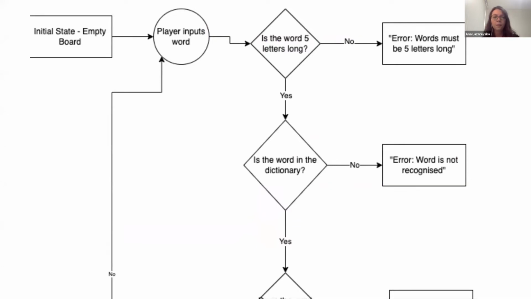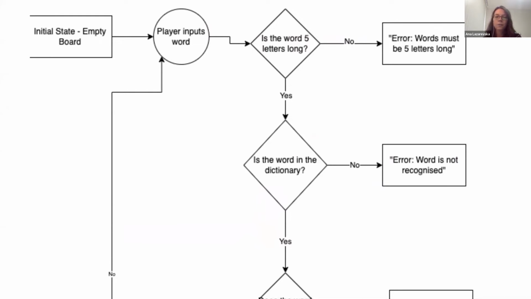So in the initial state, you can see here that we start with an empty board. The player then inputs a word, which goes through several checks. The word has to have 5 letters. So if it is shorter, then in our application, the player can't execute the submit command to submit the word. So this error that we have in the DFD is actually not used